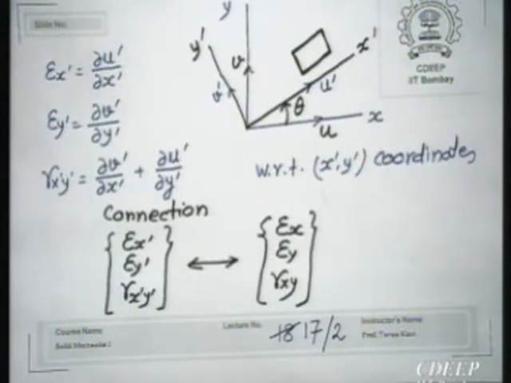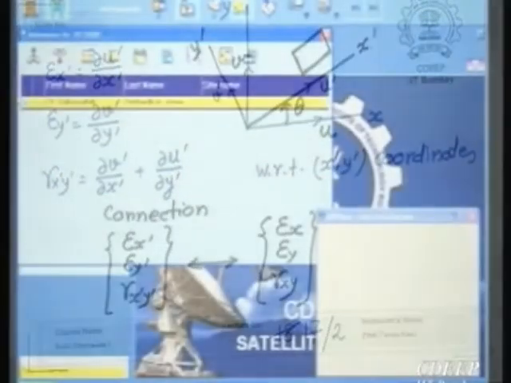How to establish, just like we had established a connection between the two sets of stresses. If you know sigma x, sigma y, tau xy with reference to xy axis, that means plane stress, then how to find out with reference to another set of axes, x dash, y dash, by transformation of stresses, we have done it. So the same transformation we would like to do for strains.